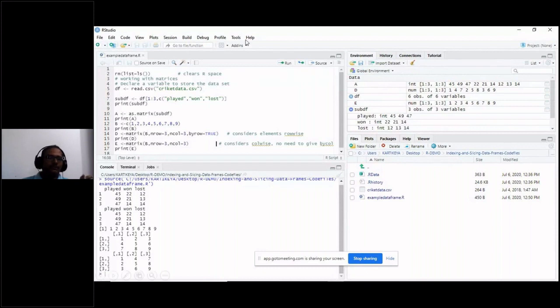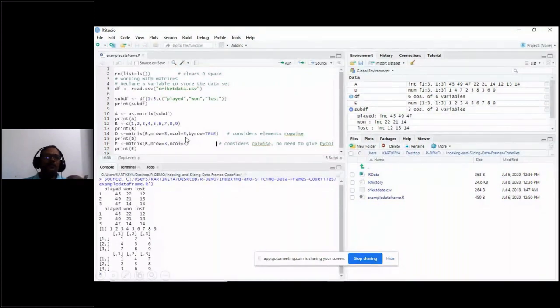Now from this vector I want to produce a 3 by 3 matrix. How to produce a 3 by 3 matrix? Use the command matrix, then the vector you want to convert. The name of that vector is B. So I put B, comma, how many rows or how many columns you want. Number of rows is equal to 3, number of columns is equal to 3.